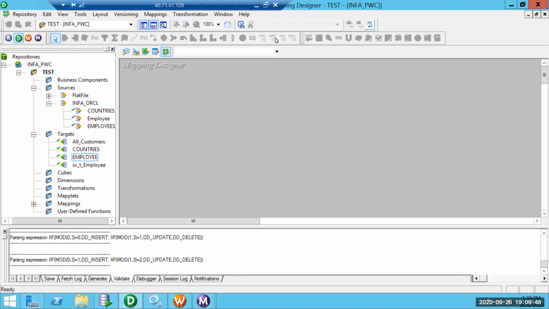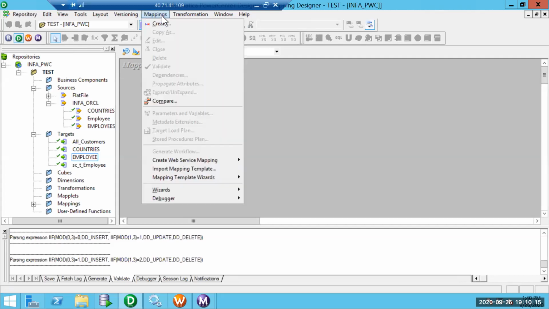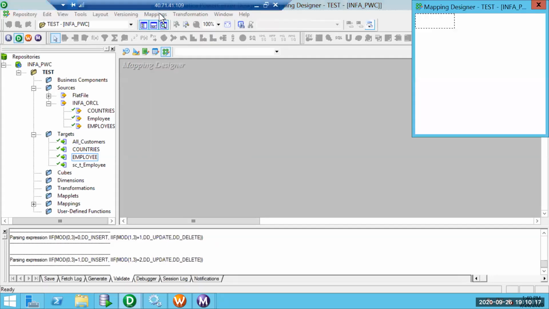There are a few places which we will see in the upcoming sessions, when we talk about how to handle Informatica mappings with better performance. Today we are going to discuss more on lookup. We'll create a mapping and see where exactly and how to configure different features with lookup.